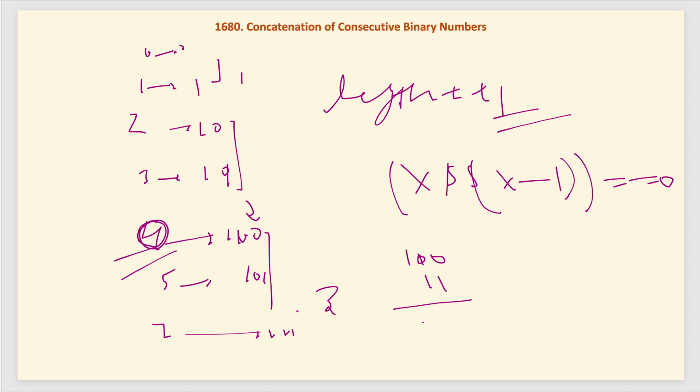So now if we do bitwise AND, this will become 0 0 0. So hence this number 4 is a power of 2. Let's see another number, 3. In binary, 3 is 1 1 and 2 is 1 0. If I take the bitwise AND, this will give me 1 0, which is not 0, hence 3 is not a power of 2. So this is a way we can easily calculate it by using bitwise operators.